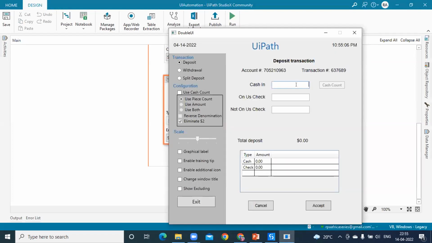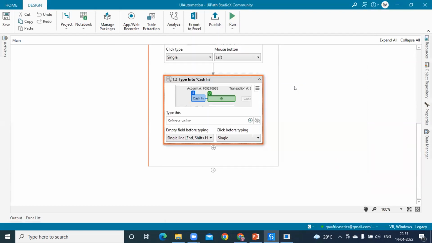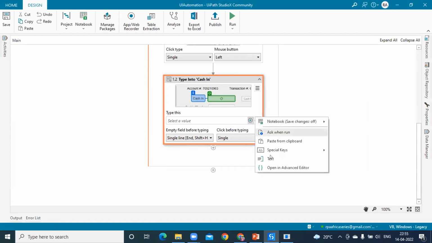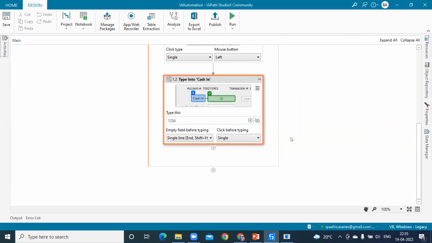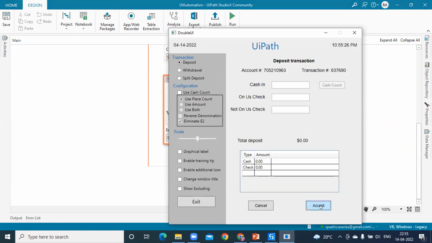Now, the next thing that we want to do is click on the accept button. Before that, we want to type something. So let's mention the value that we want to type. So I'll click on text and just mention any number, right? And now the next thing